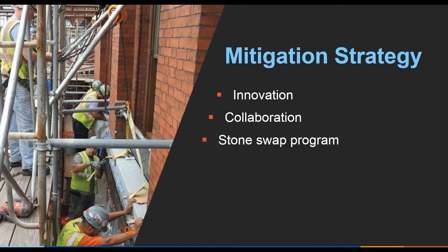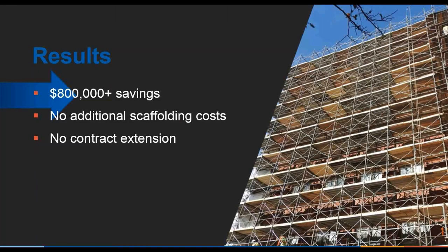The picture on the right is actually the stone coming out of the wall, but the problem was that there was a restriction of 2 people per bay. So it made it very tight for us to get the stone out and move the stone. These stones are 13 inches wide, 82 inches long, and weigh 750 pounds. Next slide. The result of this was a savings of $800,000+ because we had no additional scaffolding costs